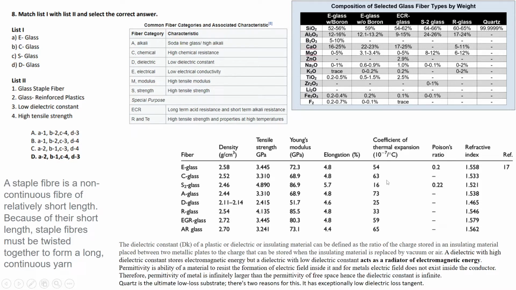So you can see there's not a lot of difference between its refractive index, but when you compare refractive indexes of different materials, like if you have glass, you have oil, you have water, then in those cases refractive indexes will highly vary. But when you see all types of different glass fibers, then refractive index will not vary much.